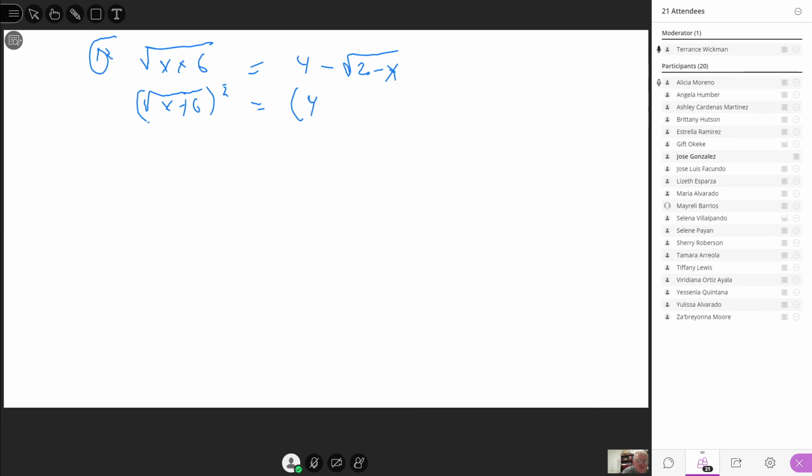And I'm going to take the 4 minus the square root of 2 minus x, because the rules are, if I square the left, I have to square the right. Whatever you do to the left, you have to do to the right. So everybody okay at that step? Yes. Okay, now, if we square the left-hand side,